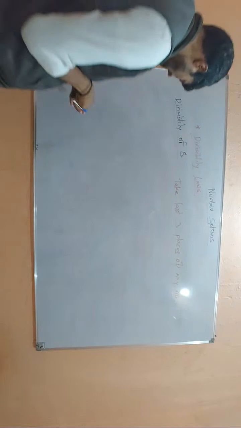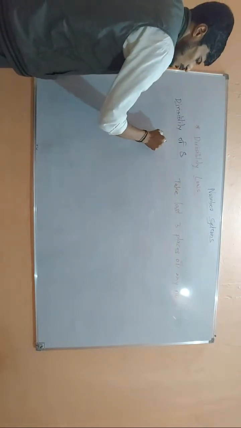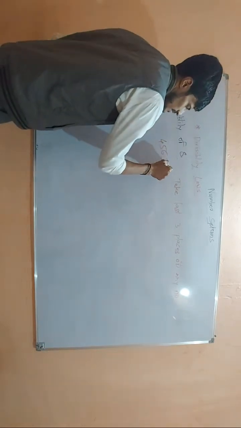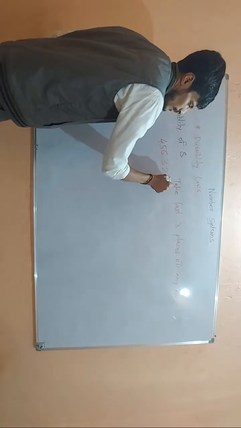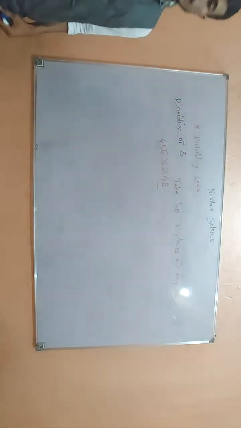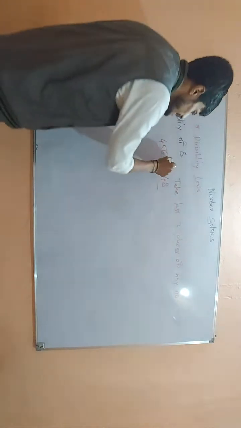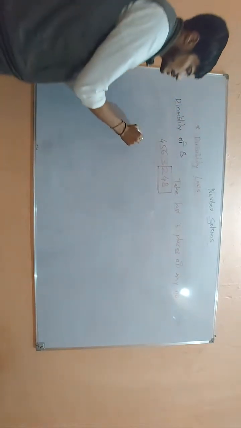So let us take one example, 456,32,248. You have to check whether this number is divisible by 8 or not. So simply what you have to do, take the last 3 digits, that is 248. You have to take